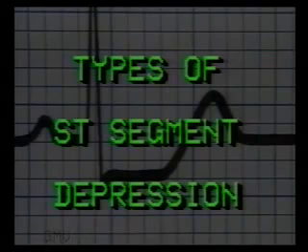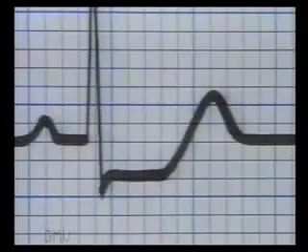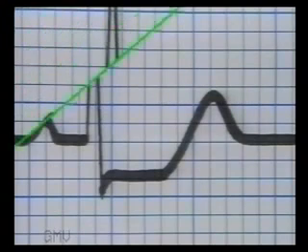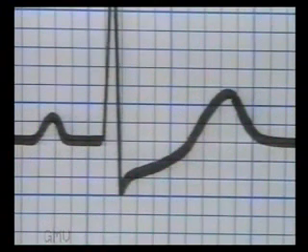At this stage, let us see the various types of ST segment depressions. This is horizontal or plain ST segment depression with sharp angle with the T wave. This signifies myocardial ischemia. This is an upward sloping ST segment depression and is a variant of normal. It is significant only if the J point is depressed by 2 mm or more.